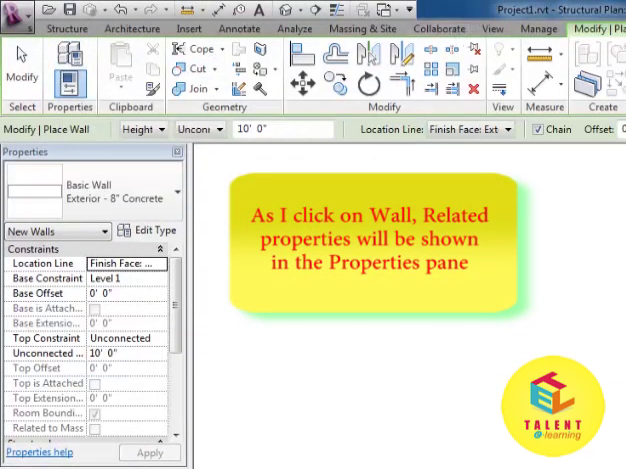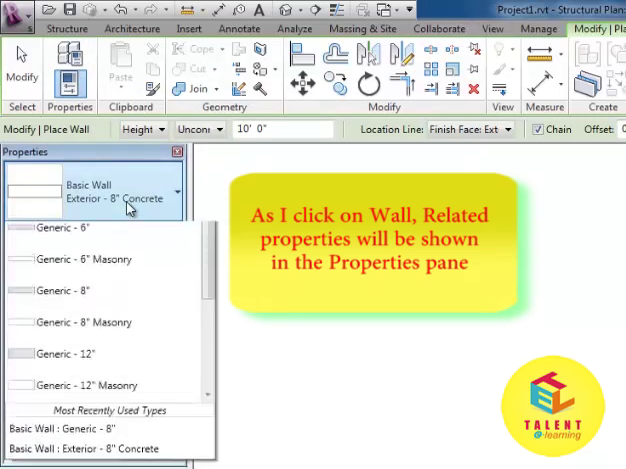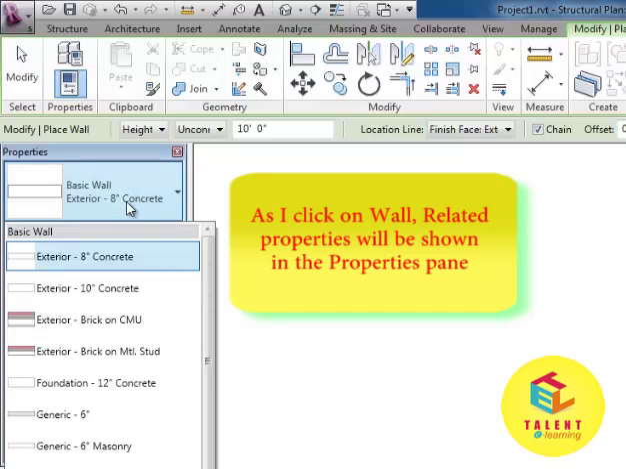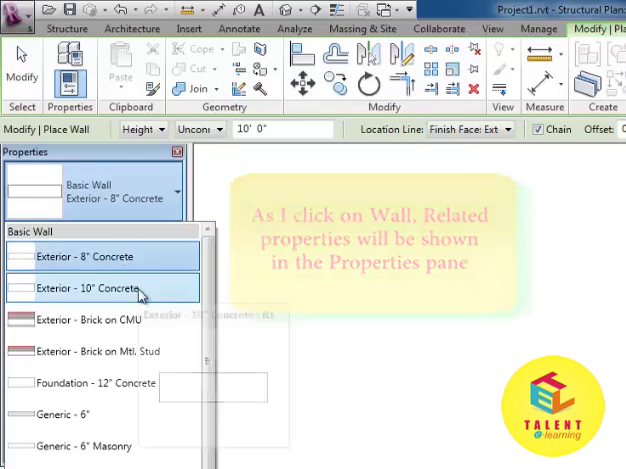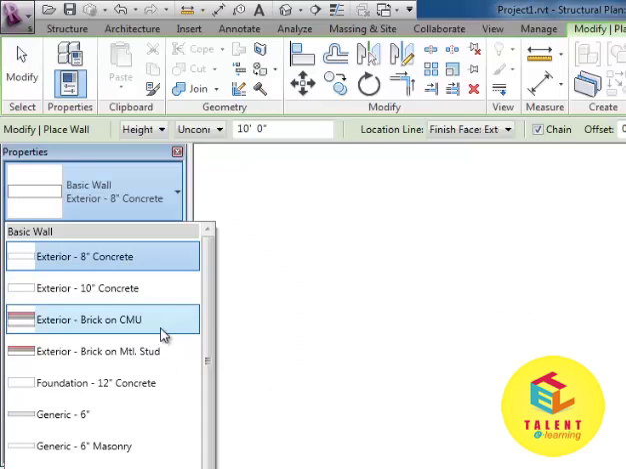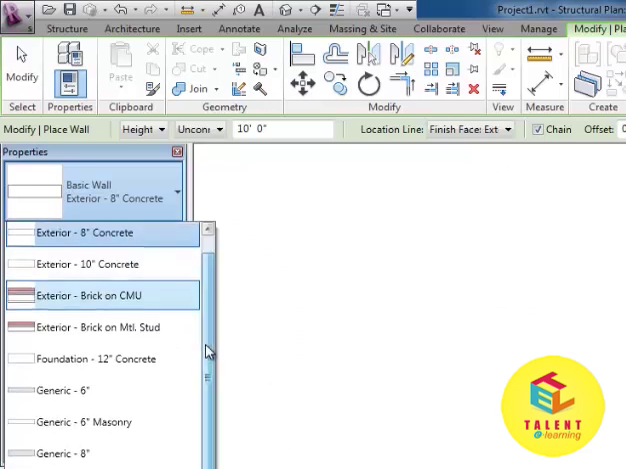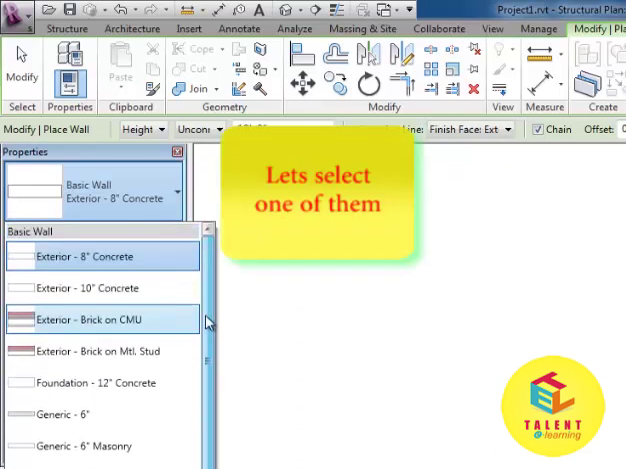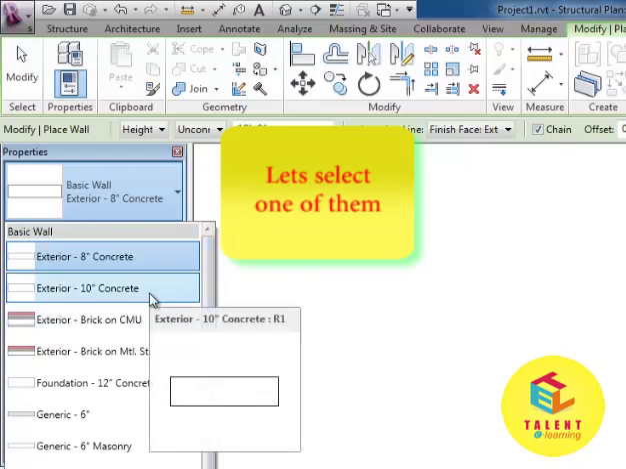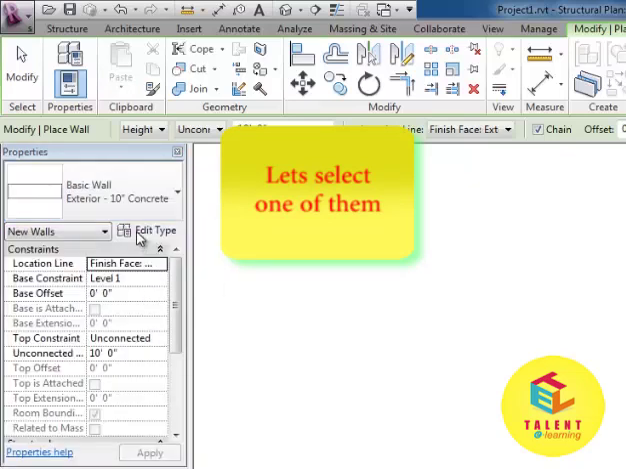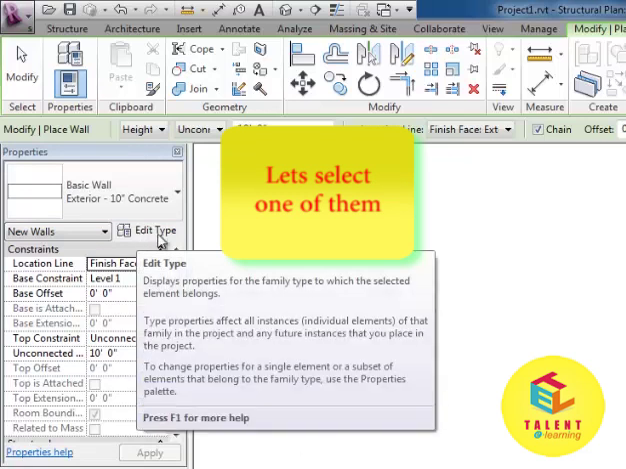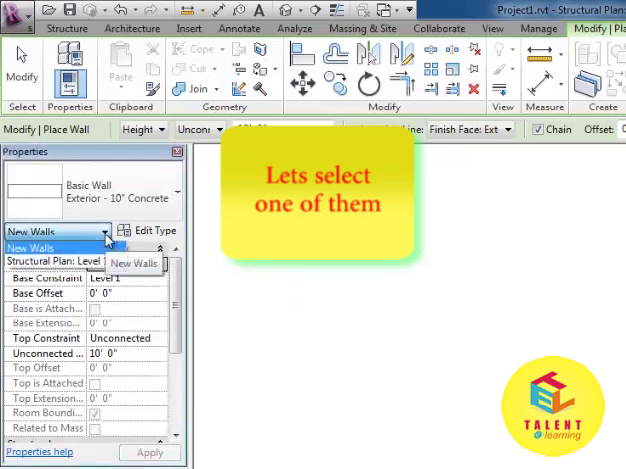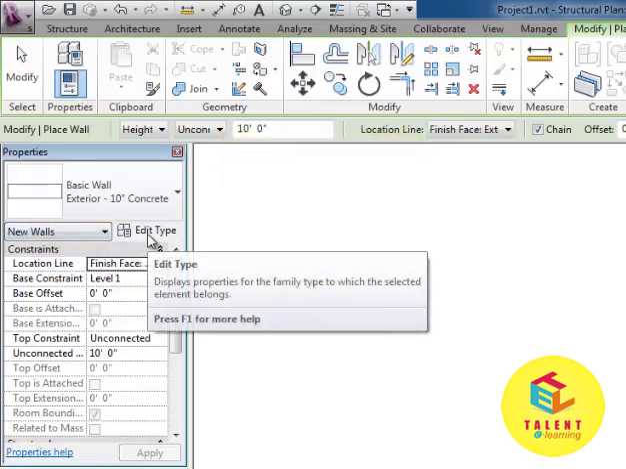This has been changed and we'll simply go here and Revit will give us all types of wall loaded into the program. Concrete of 10 inches, brick on CMU, and whole bunch of that. Let us select 10 inches concrete. Here you'll find edit type and new walls. Click on this edit types